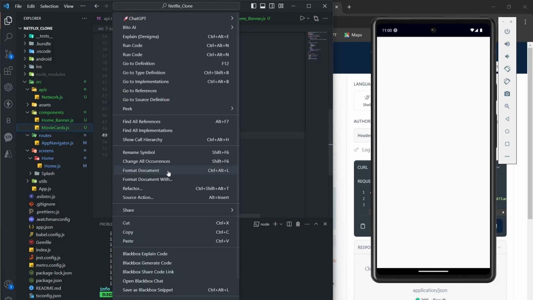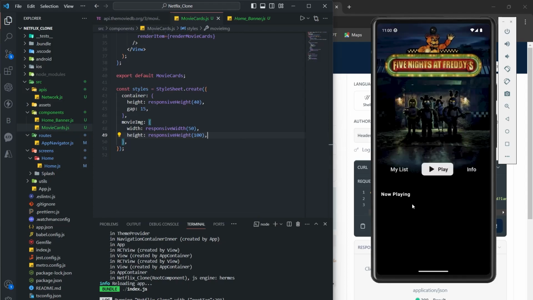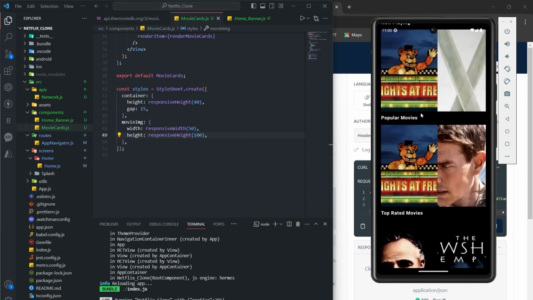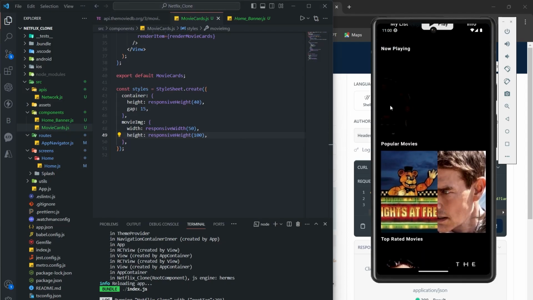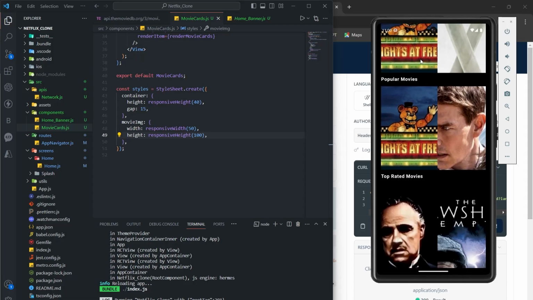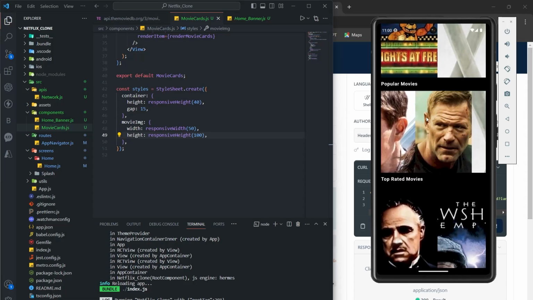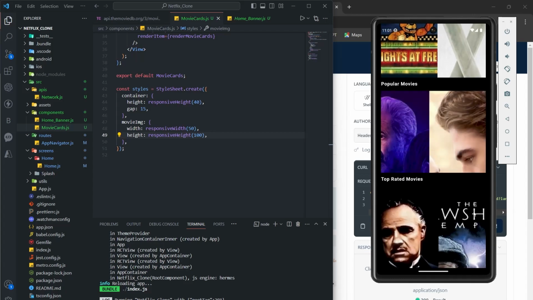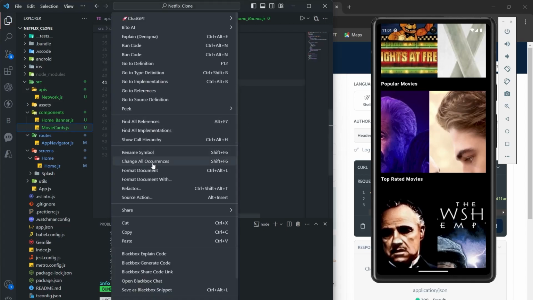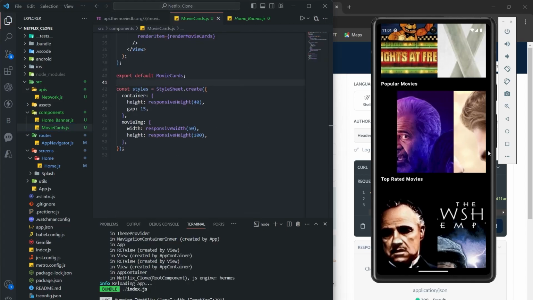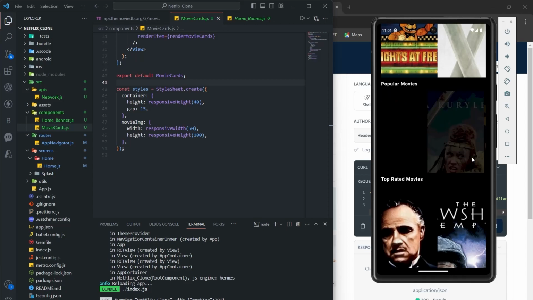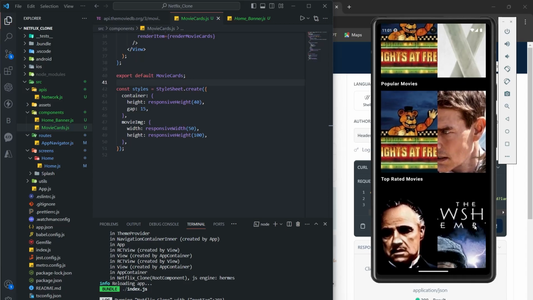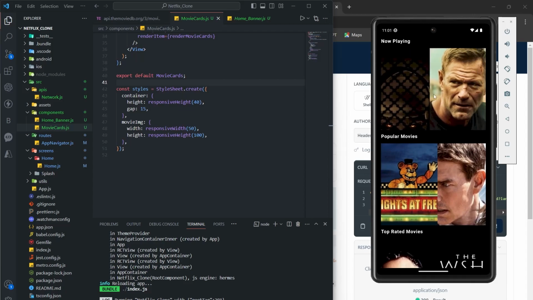Let's reload this. Why are we getting a data error? Okay, we are getting images. See, and don't get confused. These are different API images, and these are different API images. Don't worry, we'll correct this also. For now, if you see,